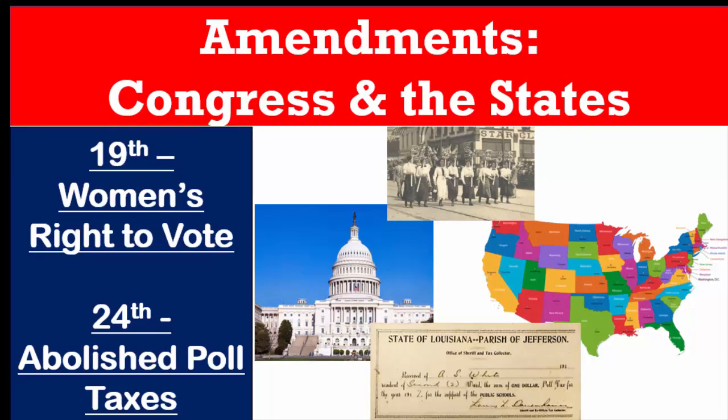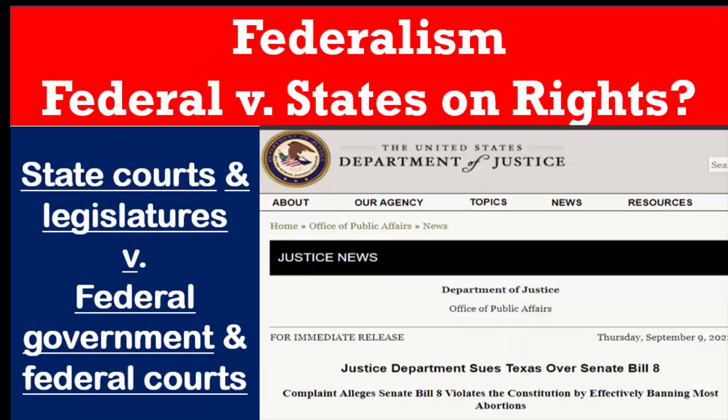And finally, let's not forget the states, as they have played a role in responding to social movements by helping Congress pass the 19th Amendment, giving women the right to vote, and the 24th Amendment, which abolished poll taxes. And speaking of the states, let's leave off on this note. Most of the battles for social movements and civil rights will still pit the federal government against state governments in many cases, again bringing us back to our federal system of government, or federalism. And we have seen and will continue to see how governments respond either at the federal level or state level, and our nation's continued quest for equality and social rights.